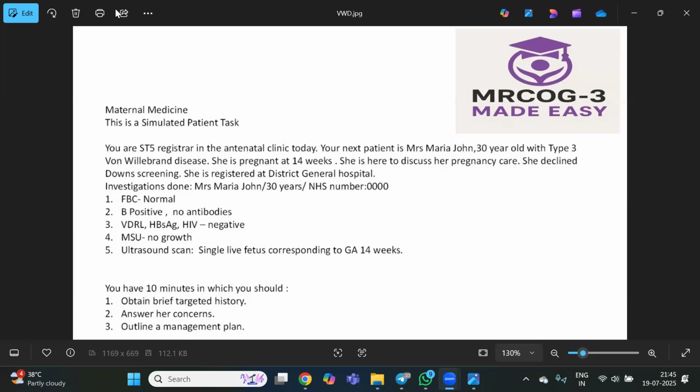Now coming to the gynec history. If you have already asked about regular cycles in early pregnancy, you don't want to repeat. But if you have not asked, just say regular cycles or not, to know whether the dates are corresponding to the scan. And also, are you regular with your cervical screening? Yes. So this is one thing you have to ask. Cervical screening, I told you, you have to always see the age and then ask. So now, coming to the medical history,